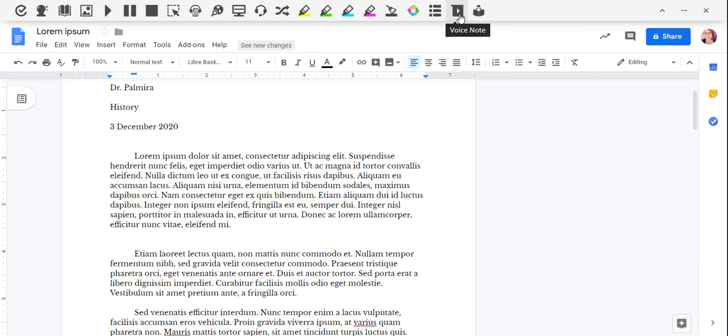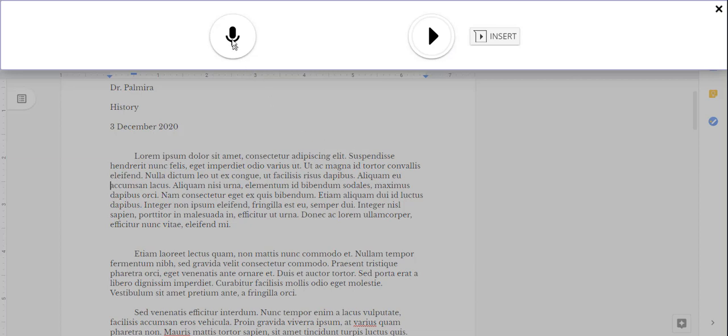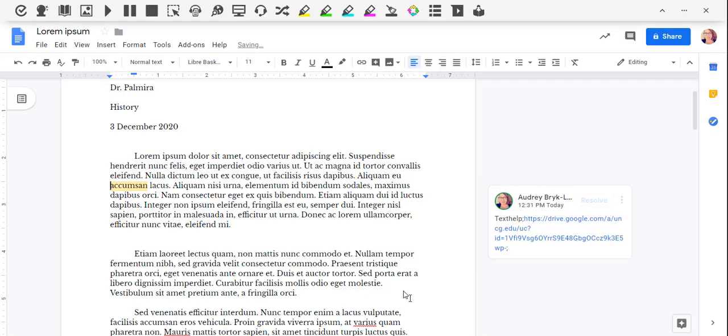You simply click the Voice Note button and then select the record icon and start recording anything you want to tell your students about their work. Select Insert, and then it appears as a voice comment for your students to listen to,